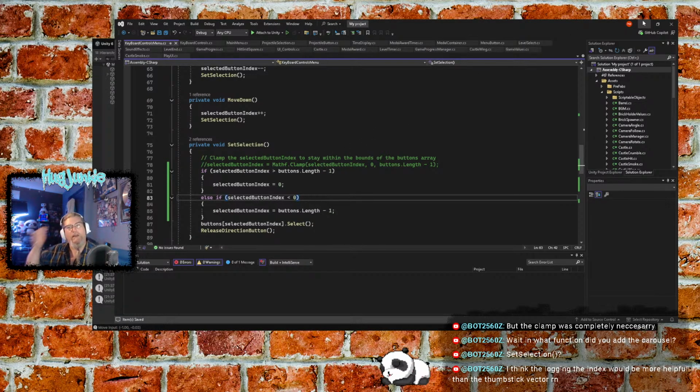I think logging the index would be more useful than the thumbstick vector. Yeah. Although I am getting some interesting results from logging the